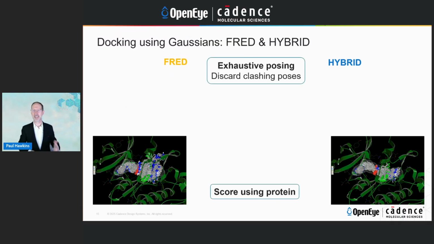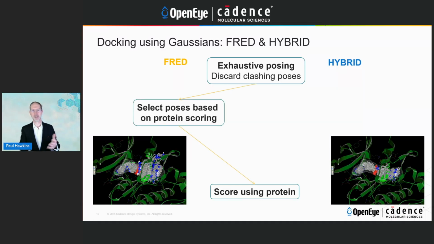FRED is a pretty traditional, fully protein-centric docking engine. We have 3 stages, all of which use scoring of poses against the protein using that overlap of spherical Gaussians. The hybrid approach replaces the middle protein-centric